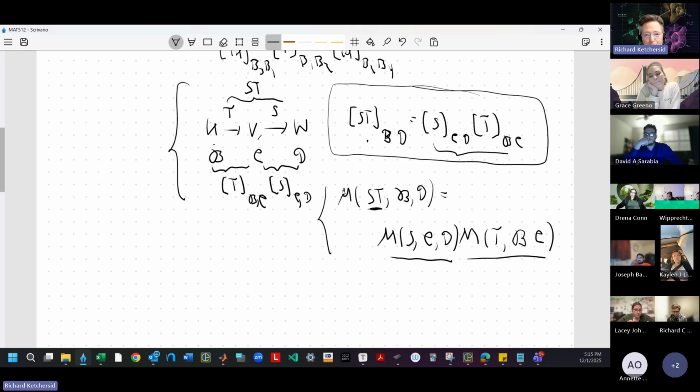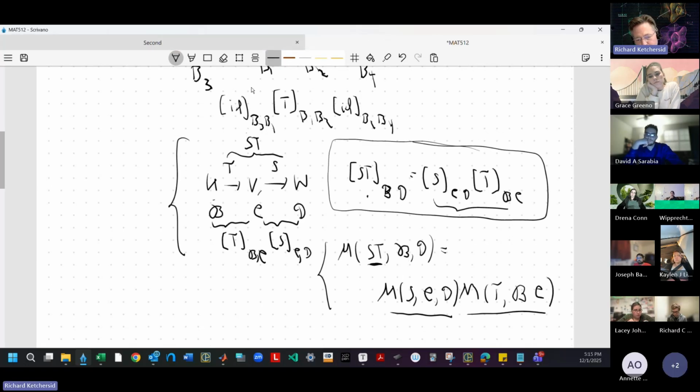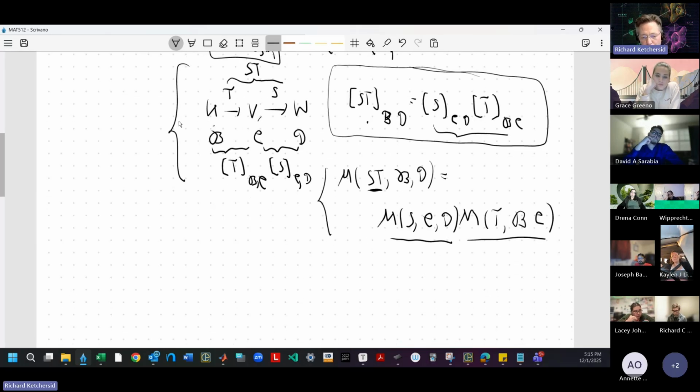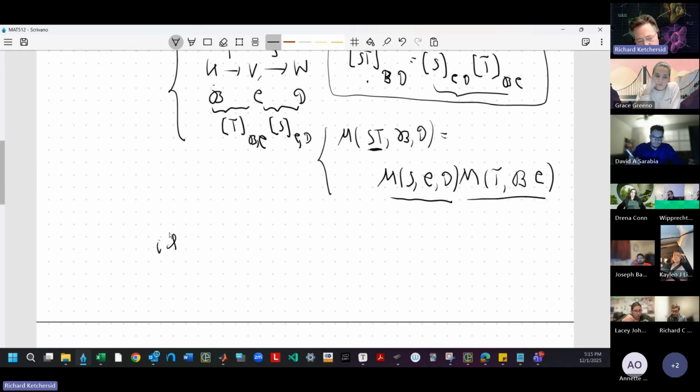So this is sort of the theory, right? Now we want to get to some place where we're actually computing some stuff, right? So one of the things where we need to compute some stuff is going here, the identity going from one basis to another basis, right? Okay, so I want to get this identity map going from B3 to B1, right? Okay, so I'm actually going to play this game again, right? I've got